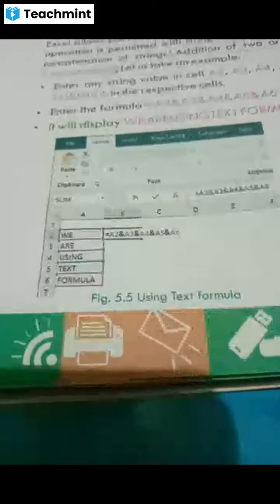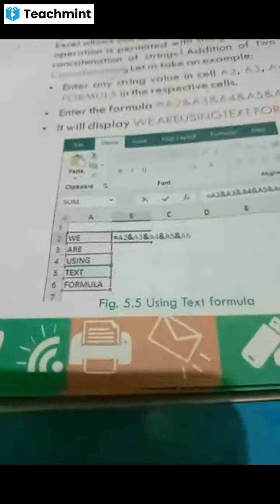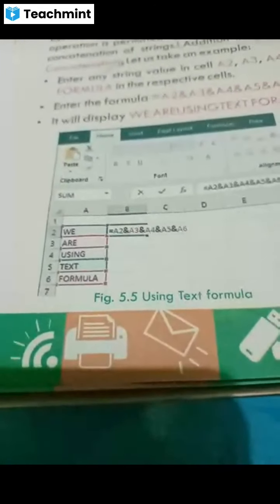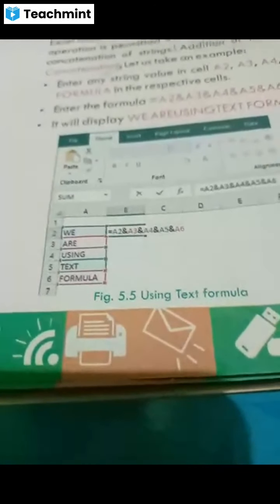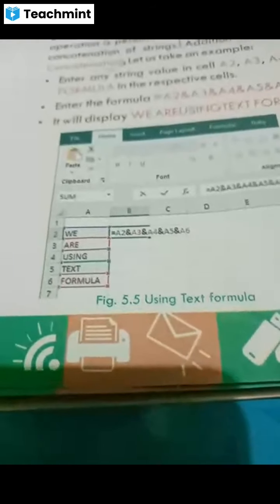Using the text formula, we are using the text formula for adding the text. Okay, so dear students, here is written we are using the text formula. All of you seen?